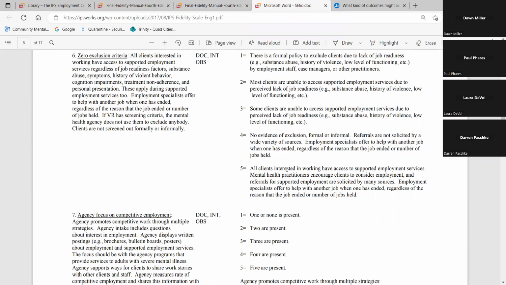Some clients are unable to access supported employment services due to perceived lack of job readiness. A score of 2 then is most clients are unable to access supported employment services due to perceived lack of job readiness. And then 1 is there's a formal policy to exclude clients based on readiness. So this is really where you might not know, is it some clients or is it most clients, when you're